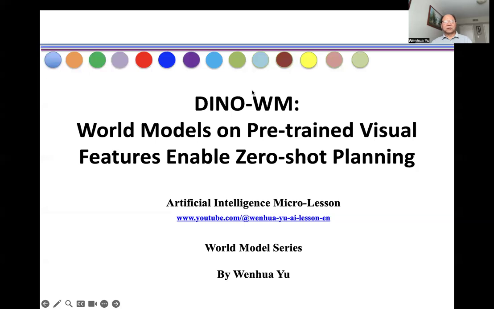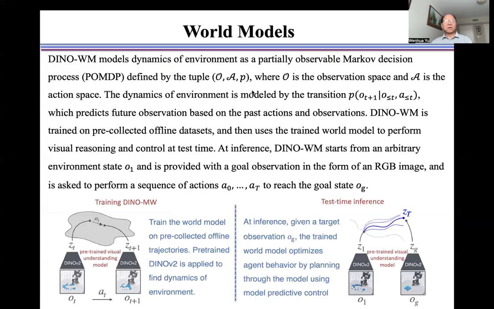In this video, I introduce DINO-WM, a model built on pre-trained visual features that enables zero-shot planning. The DINO-WM model models the dynamics of an environment as a partially observable Markov decision process, defined by the tuple (O, A, P), where O is the observation space and A is the action space. The dynamics of the environment are modeled by the transition P, which predicts future observations based on the past actions and